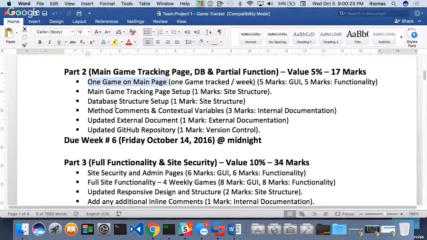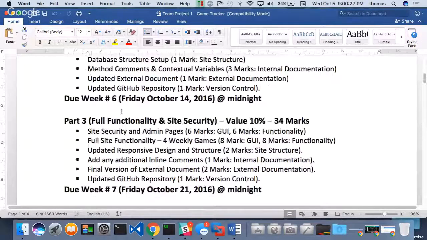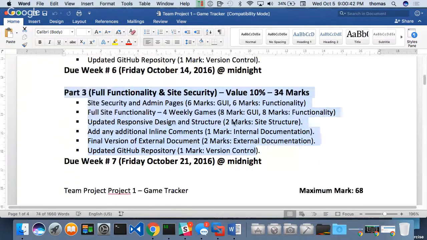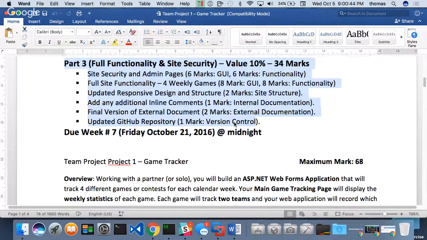So that's really due week 2, this next week coming up. We'll talk about site security and everything else starting next week. I'm going to be talking about site security, so that's why it can't be due now. It has to be due by the final week, which is week 7. Any questions around this project? I know some people are worried. If you don't do anything, you should be worried. If you start going at it and start producing pages, you'll be okay.